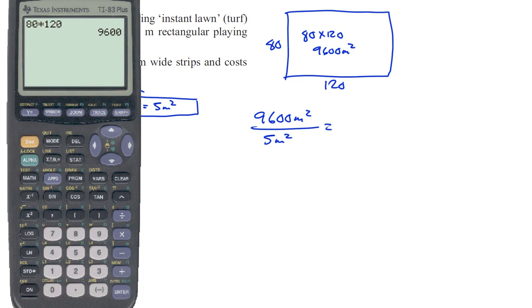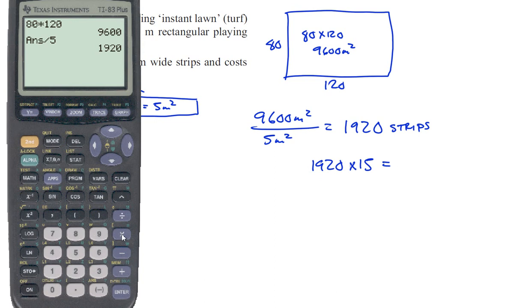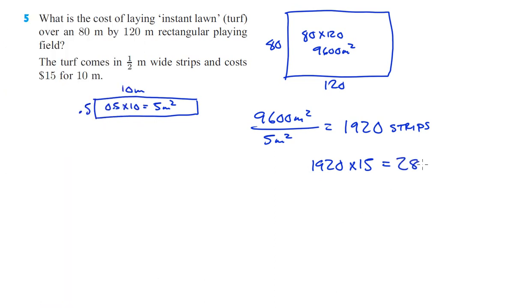So if we take 9,600, divide that by 5, we get 1,920. We need 1,920 strips of grass, right? And then each one of those strips is $15. So we take 1,920 times 15, and we're going to get our total cost. So times 15 gives us, that's a lot of money, $28,800 just for